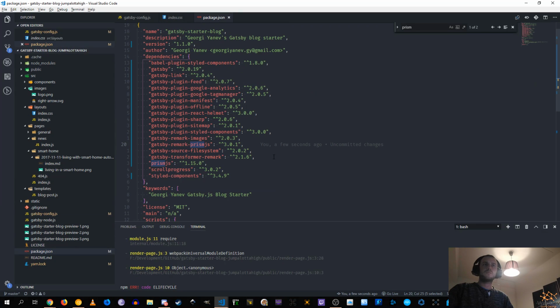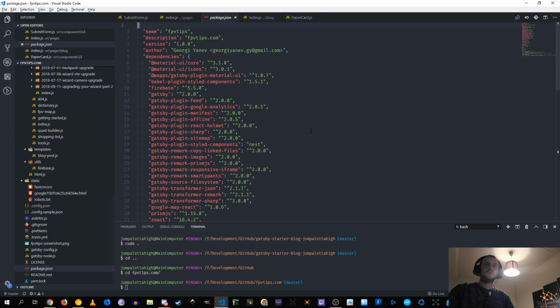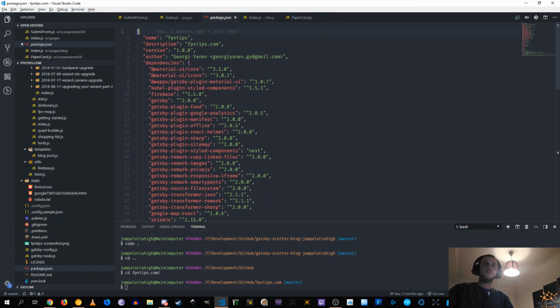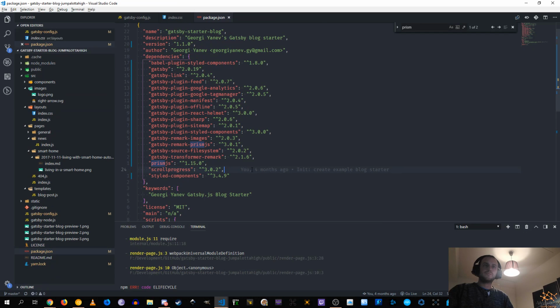Oh, React is a dependency in this version. So if we look at the Gatsby 2.0 version, we can easily see that React DOM are external dependencies, and as far as I know, only those guys. So